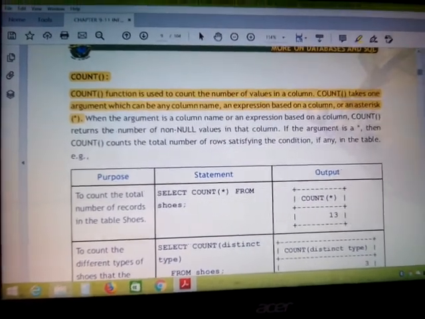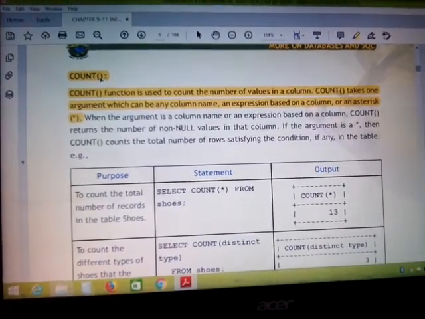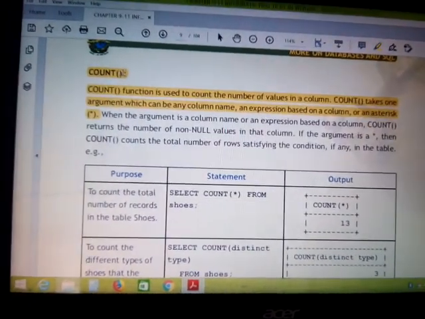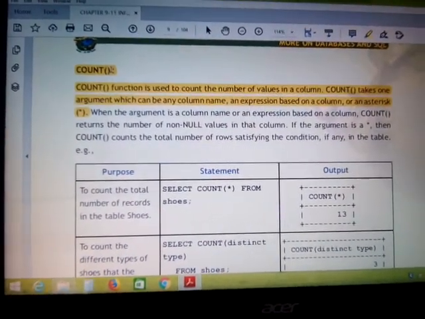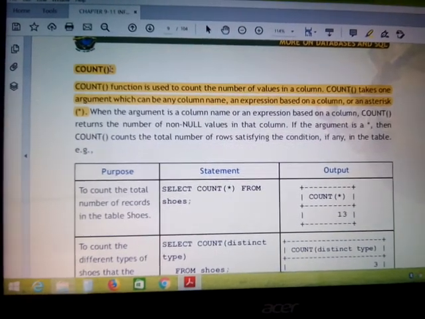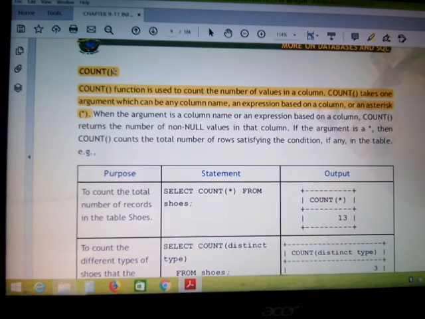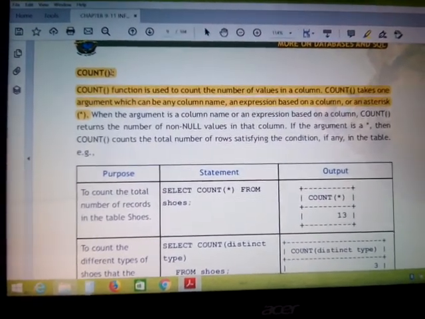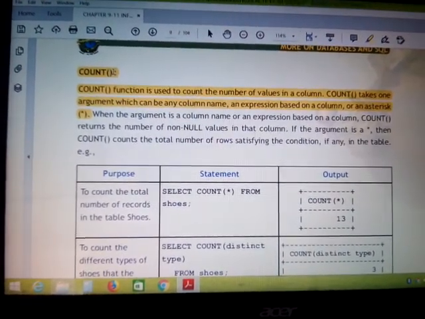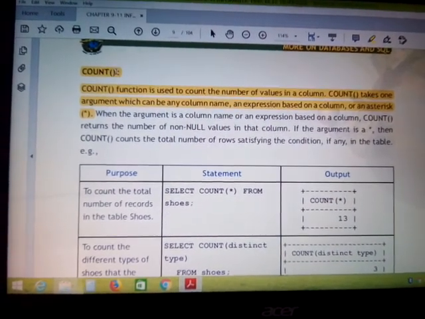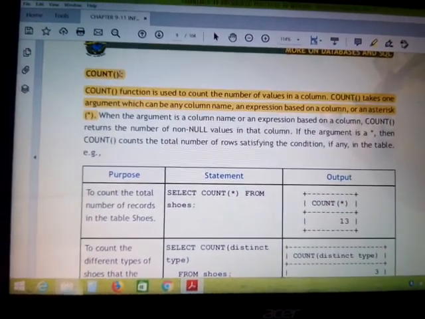Likewise in case of count, if we write asterisk, it will count the entire table's rows, and that too the non-null values. Non-null means if in a single column we have a null value, count will skip that null and simply count the non-null values.